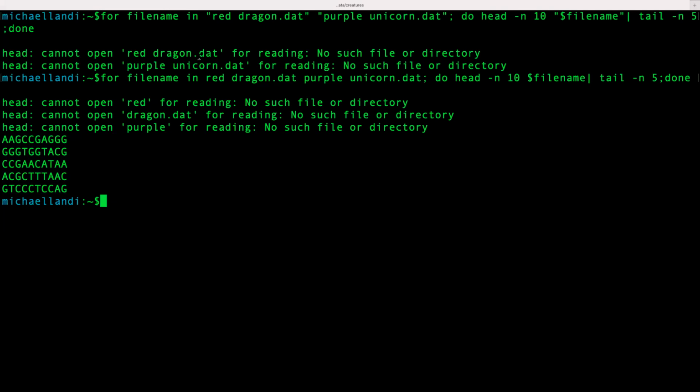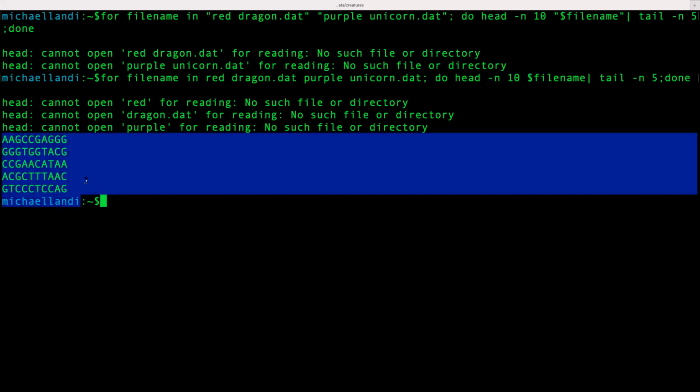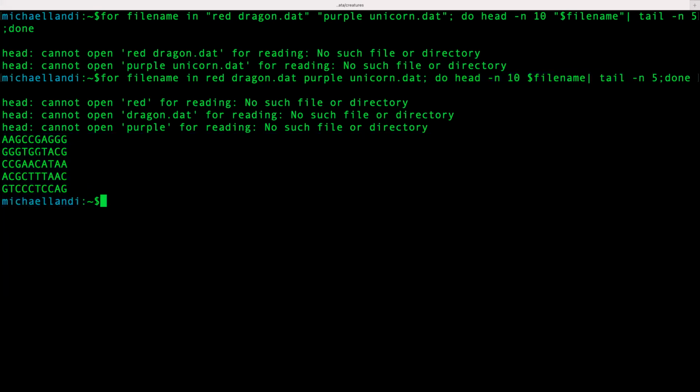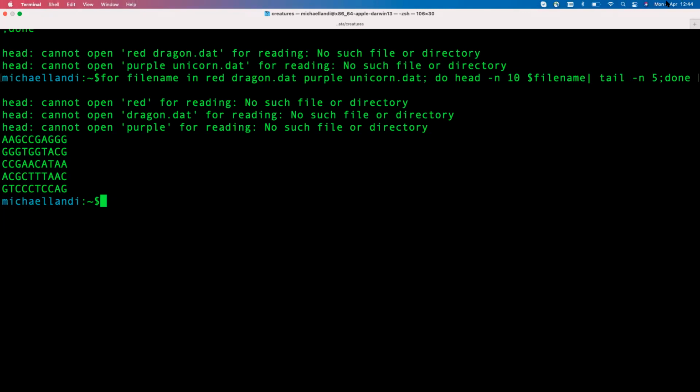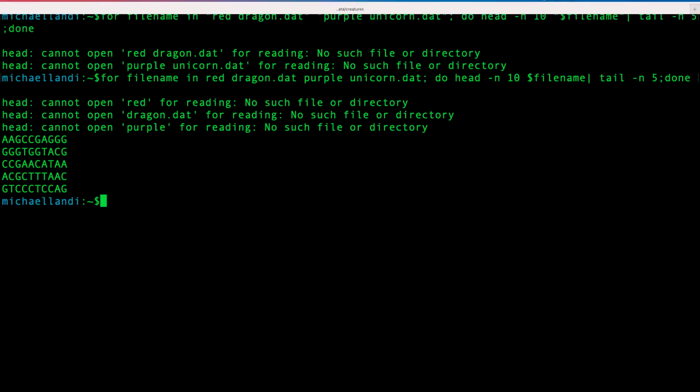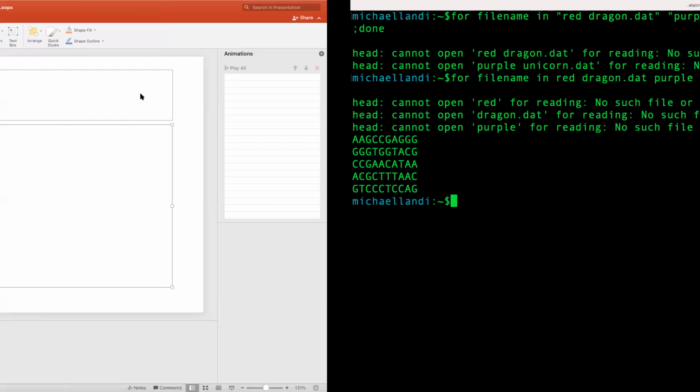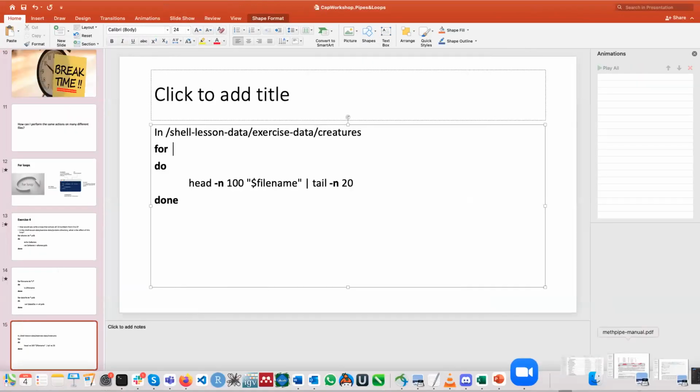So that's the fun bit of the for loop. So you check the first one, oh, there's nothing. It drops in an error. The second one, it's not there. The third one, if there's something, then it will execute the command. And that's why we have the last part of the portion. Yeah, so we go to the last part of this presentation where we're going to introduce something called